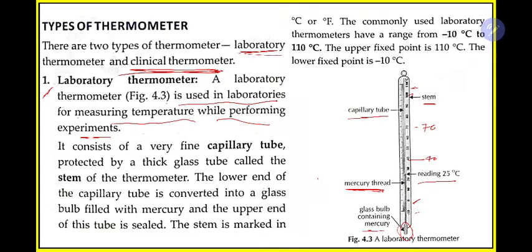So tell me which scale has 0 to 100. In the last few classes we read about thermometers several times. We know there are two types of scale we generally use. Generally there are three, but we use two. One is Fahrenheit, another one is the Celsius scale. The Celsius scale ranges from 0 to 100 degrees centigrade. That means this thermometer is a Celsius scale thermometer, okay.